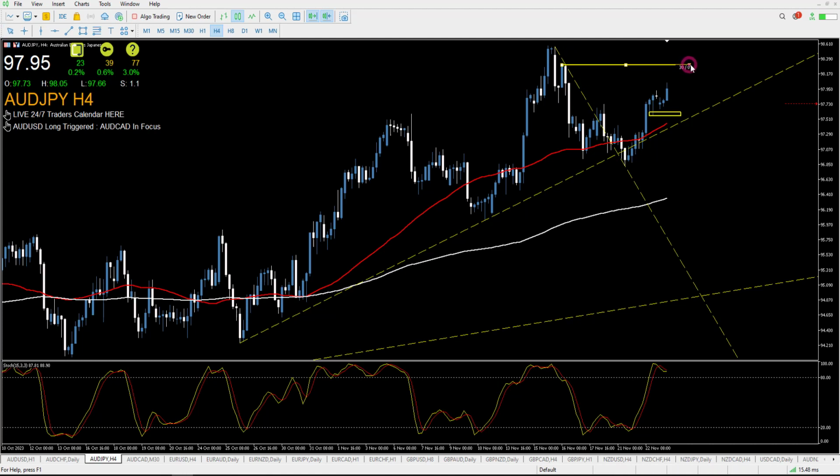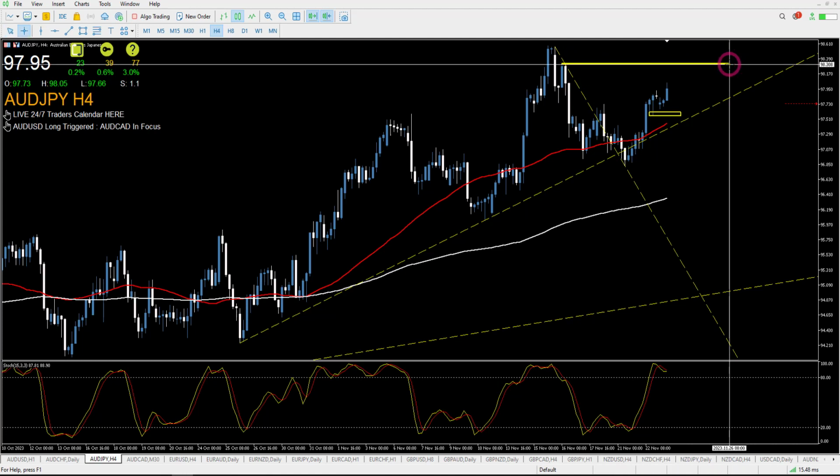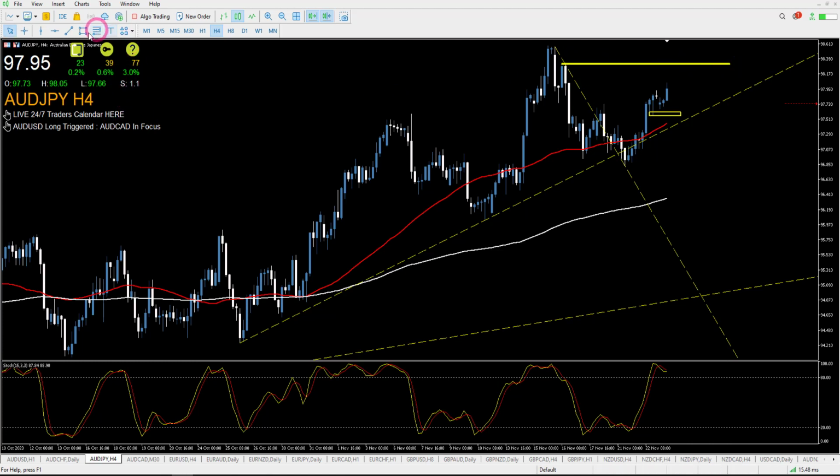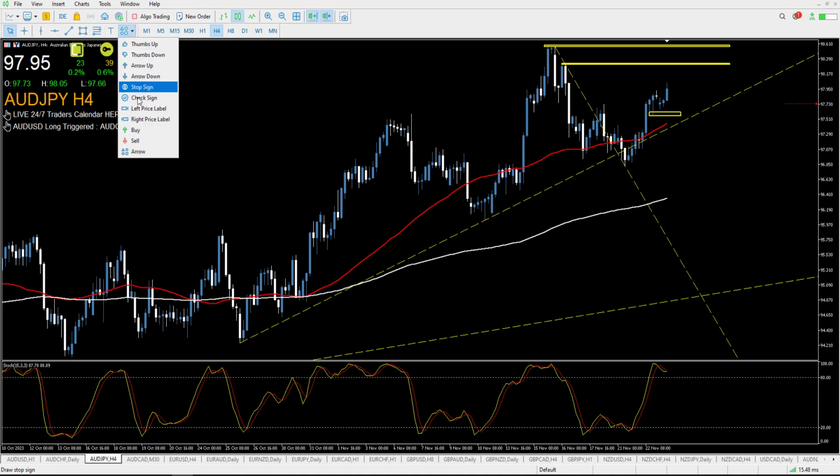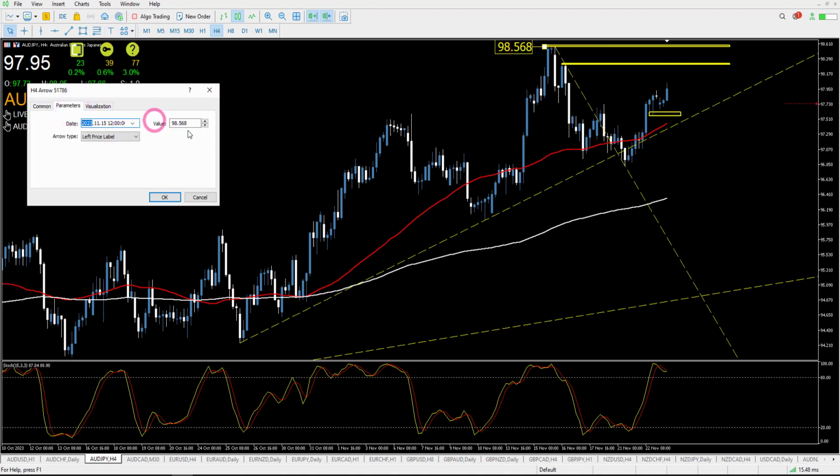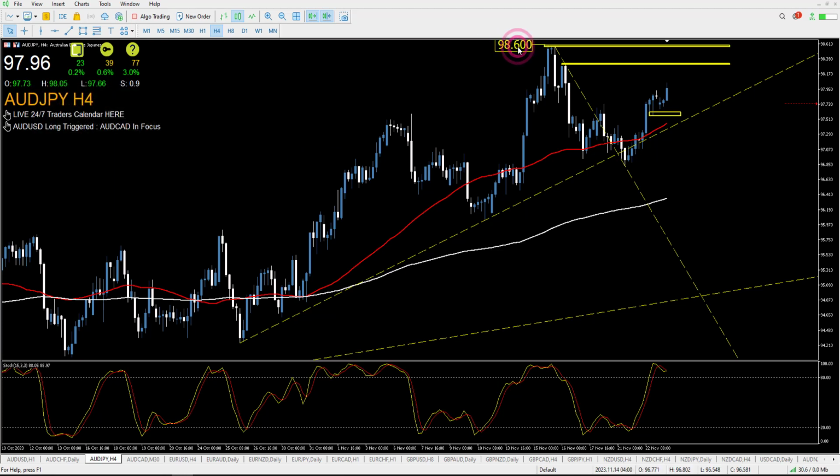There's some highs up around this level here, which is around about the 98.30 handle, and we have these swing highs up here, which is around about the 98.60. So if I just pop a label in here, we can have a little look at that. 98.60 is the area that we're looking at,